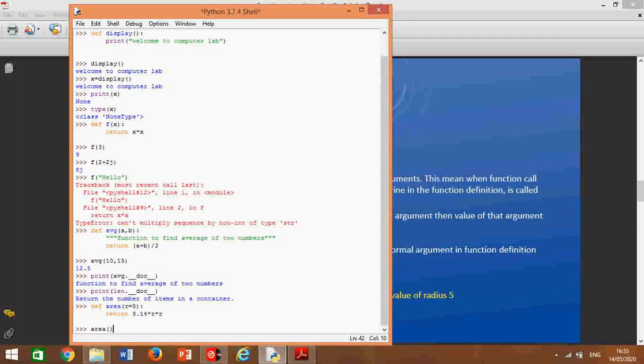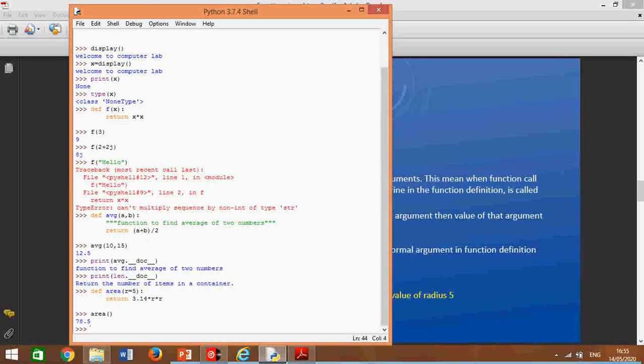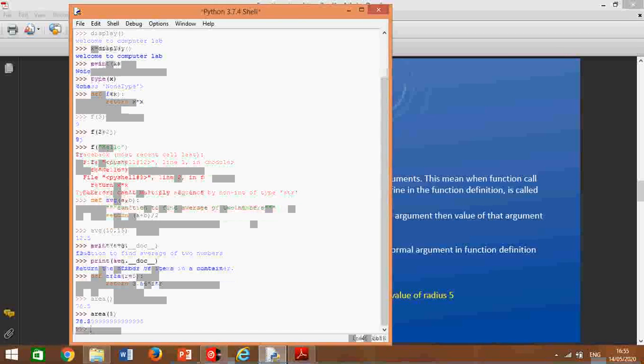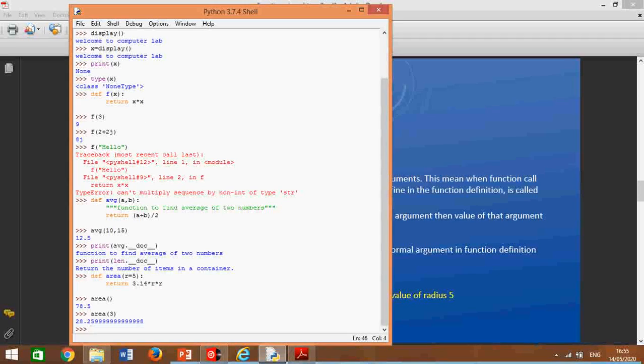So what the function will do is take by default the value of the argument given at the time of definition, which is 5. It will calculate with radius 5. Next time I will give the argument 3, so it will calculate with radius 3. This is how default argument is very useful.